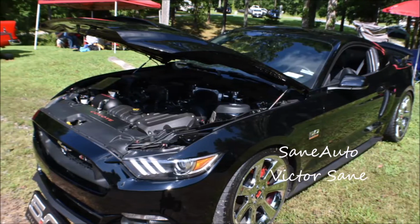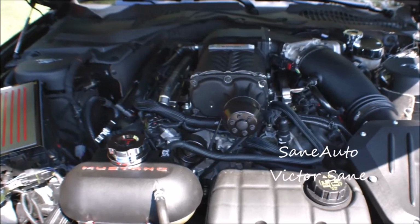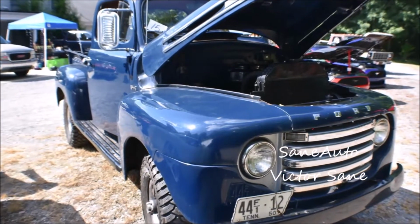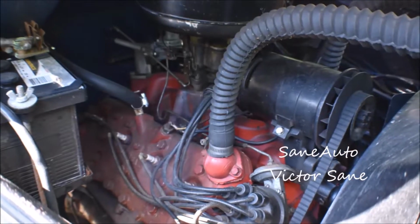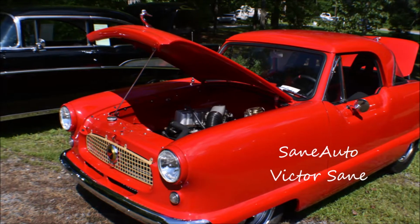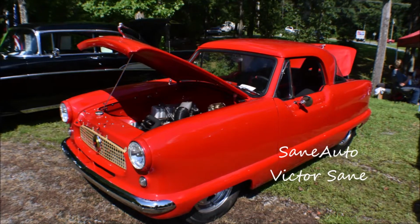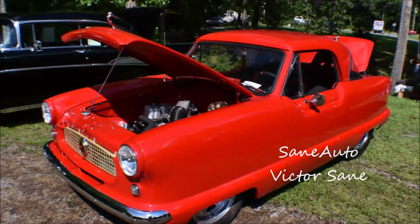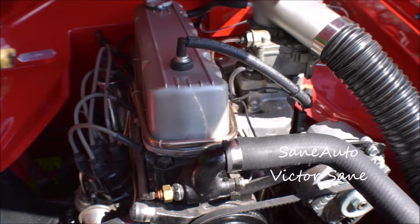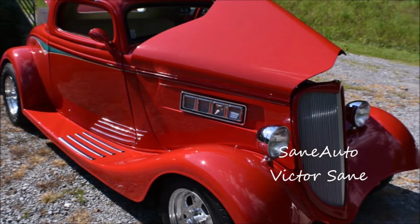Convertible, Lee Buchanan's 2015 Ford Mustang GT, Holger Hendrick's 1950 Ford F1, Troy Massengill's 1949 Chevrolet Pickup, Vicky Black's 1962 Nash Metropolitan, Ronnie Roberts' 1934 Ford,